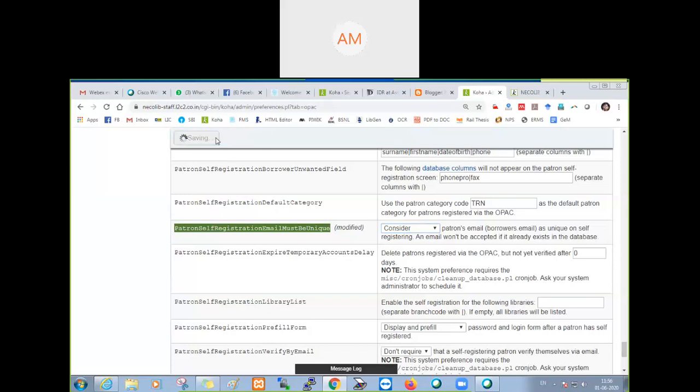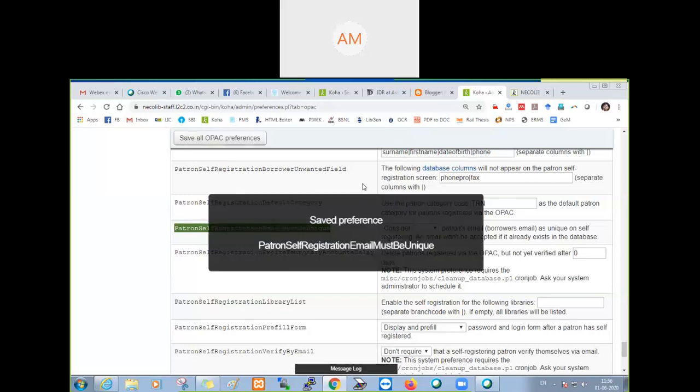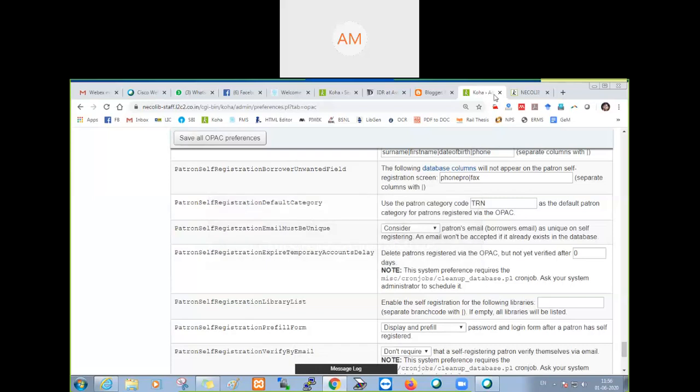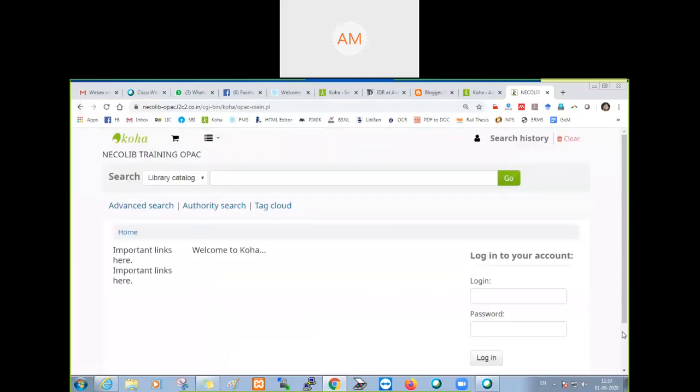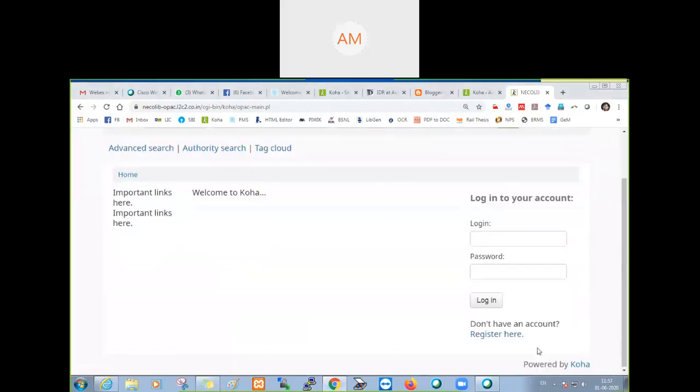Save. Now again we are going to OPAC. I want to register a new user, a new user with the same email ID.